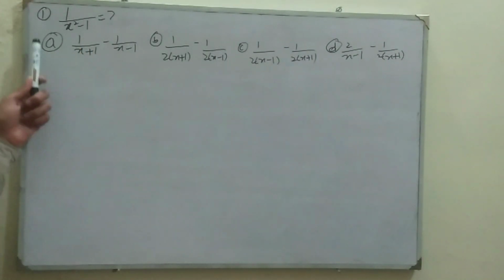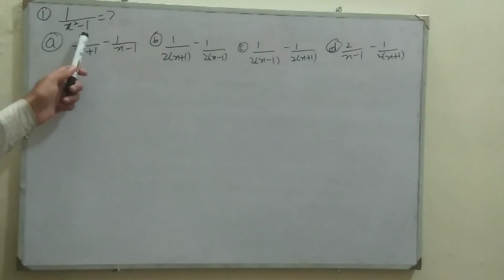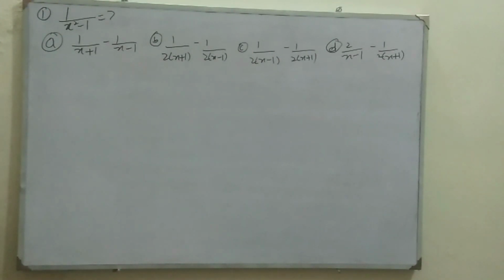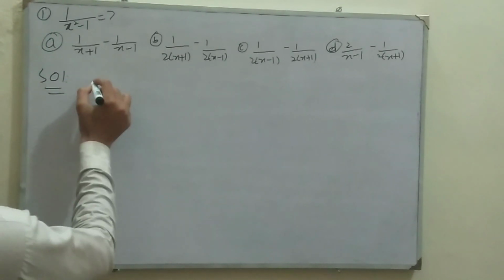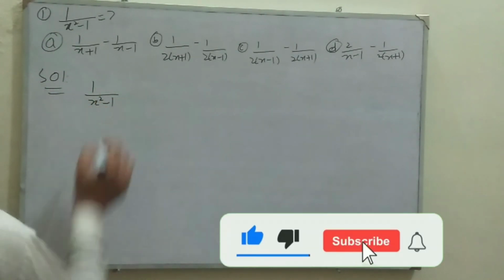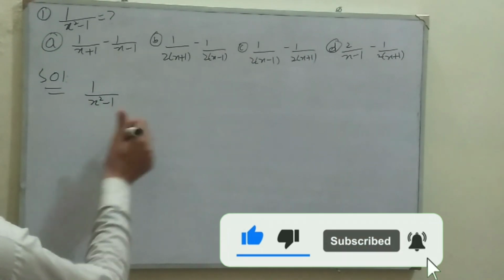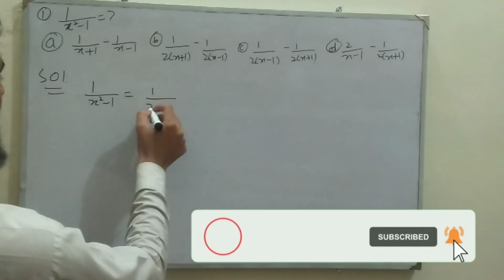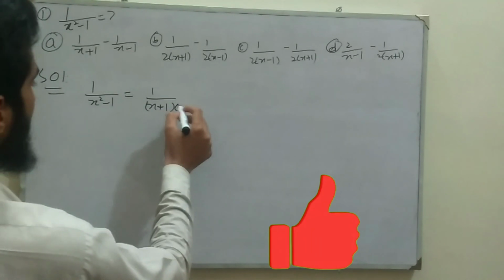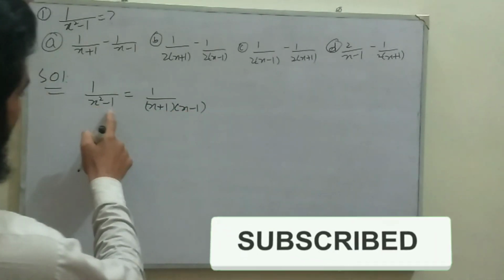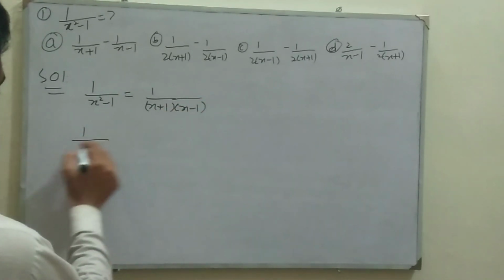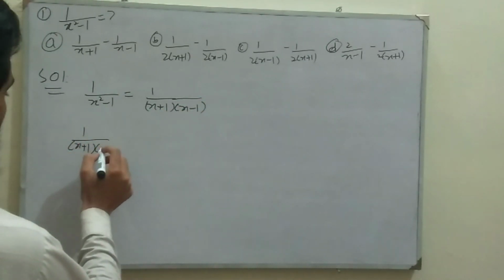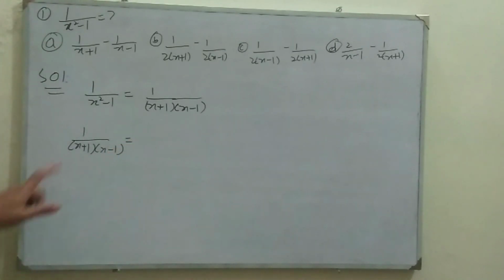So problem number 1 tells that 1 over x squared minus 1 will be equal to. Taking the given fraction and using partial fractions, the given fraction is 1 over x squared minus 1. We can write it using the formula a squared minus b squared, which is a plus b into a minus b, so x plus 1 multiplied by x minus 1. Using the same formula, 1 over x plus 1 multiply x minus 1 is equal to,